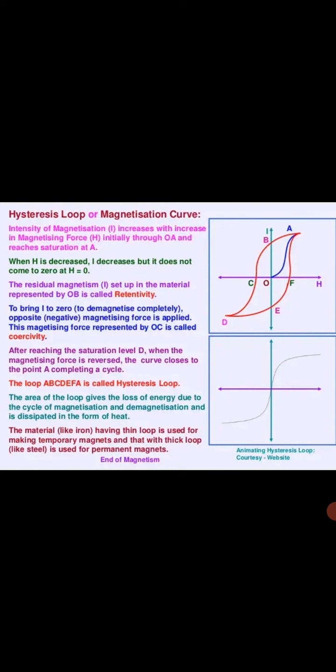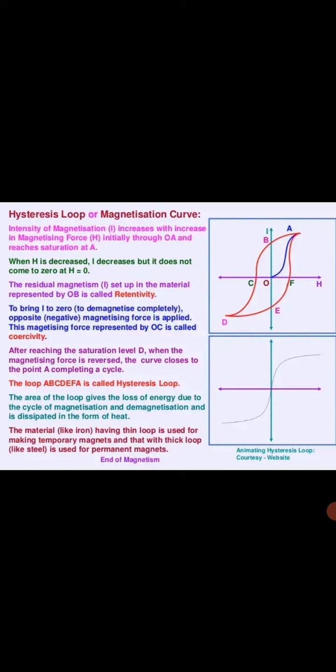Now after that, there must be a closed curve, that is A B C D E F A. So the closed loop A B C D E F A is called the hysteresis loop. What is the purpose of this hysteresis loop? The hysteresis loop gives you the loss of energy due to the cycle of magnetization and demagnetization, and it